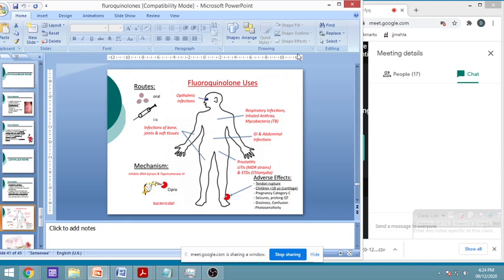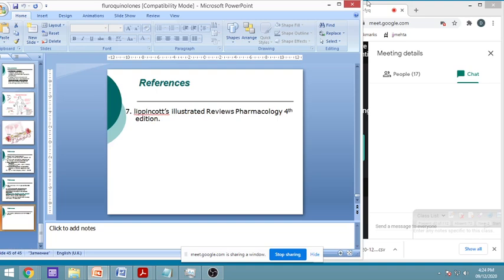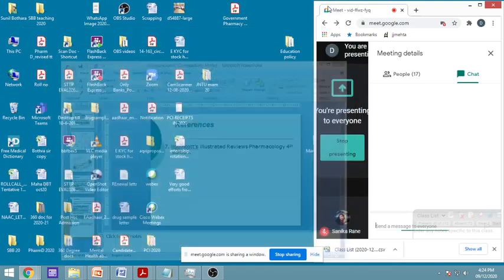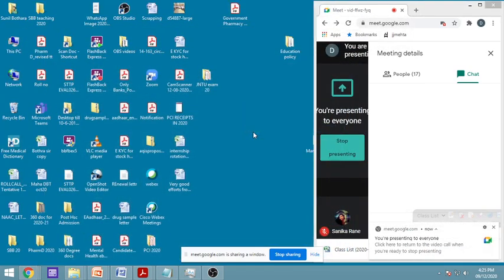It can cause seizure, prolonged QT interval, dizziness, confusion, and photosensitivity, and these are the adverse effects. So here we finished ciprofloxacin and the other one. Now we will go through the various treatments which are there for various conditions.